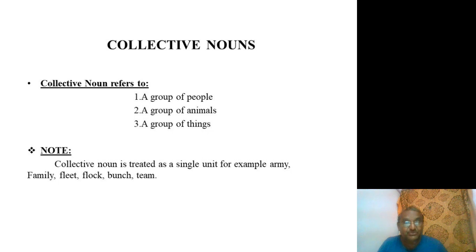And that is the thing that everyone has to understand. When you are referring to the collective noun, you think that it is not only one person that you are referring to, but more than two, three, four, five members, or five objects, five things, five animals, five birds, or more than that also. And that is said in collective noun, only in a collective way that you refer. And we'll see some more examples about this one.